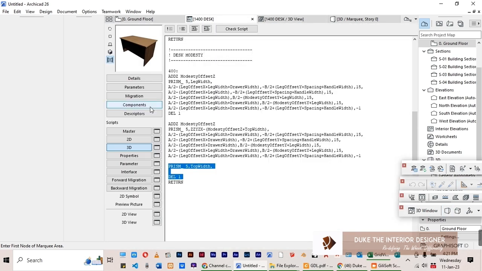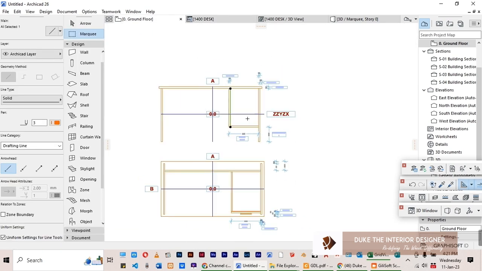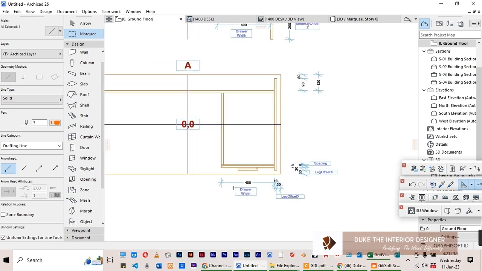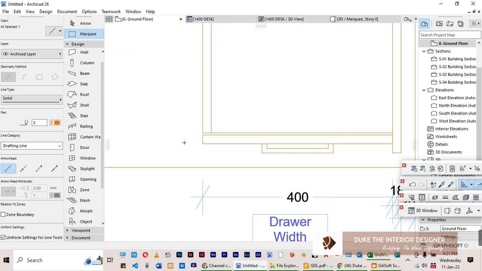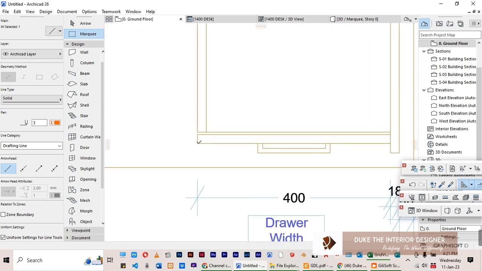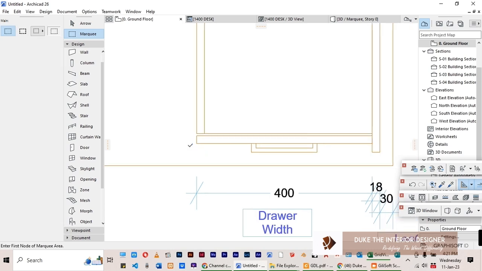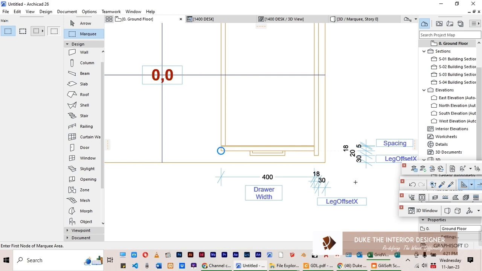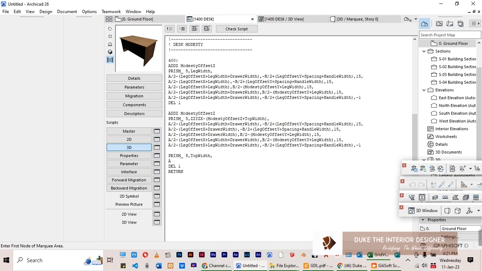You can even copy. Come here, we need drawers around here. So the first thing you need to ask yourselves, here they are. This is the actual thing. So the first point of the drawer is here. That being the first point means it's A divided by 2 minus leg offset, leg width, and the drawer width. Let me write that. A divided by 2 minus